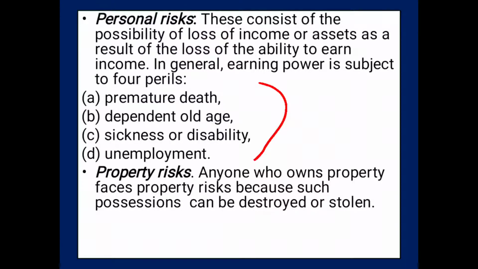Okay, you have a property, now an agriculture field. Tomorrow somebody may come and put chemicals on all your coconut trees, and the coconut trees may die. So not sure. Or the coconut trees may die because of sickness. So these are all property risks.